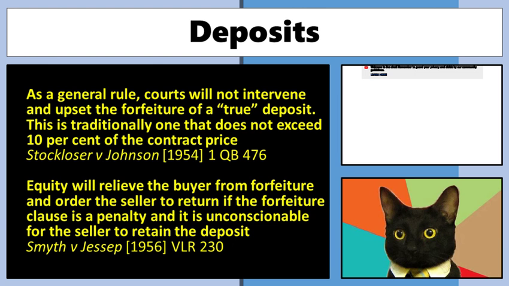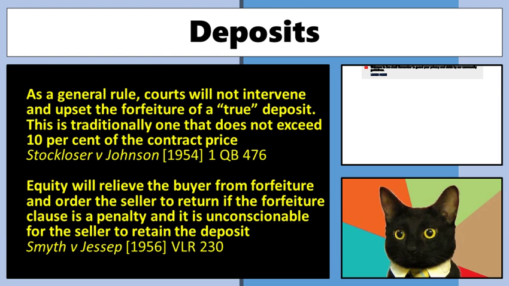And so this one here, again, when we're looking at things like deposits, equity can also intervene there as well, but they look at these things in terms of deposits, the fraction or the amount which is paid. Because usually with a deposit, when you go to buy a house, before you do the settlement to actually convey the house, you pay a deposit, you pay a certain amount of money, and if you don't go through with the contract, you'll lose that money. That is something that you have done to demonstrate a clear willingness to enter that, and that forms part of it. And so the courts, generally, that's fine, but again, the amount matters.